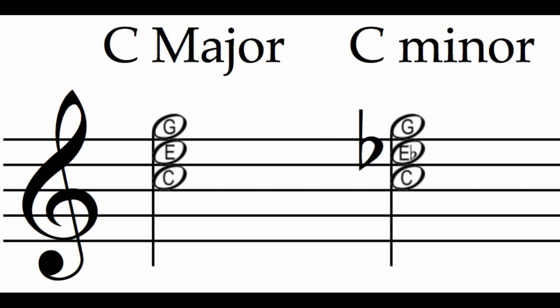However, with this half-step shift, we can go from a brighter C major chord to a darker C minor. It is this fundamental shift from major to minor that leads to the tragedy of Schubert's Impromptu No. 2 in E-flat. I've been teasing at the Schubert Impromptu for some time now, and unfortunately I have to tease it just a little bit more.